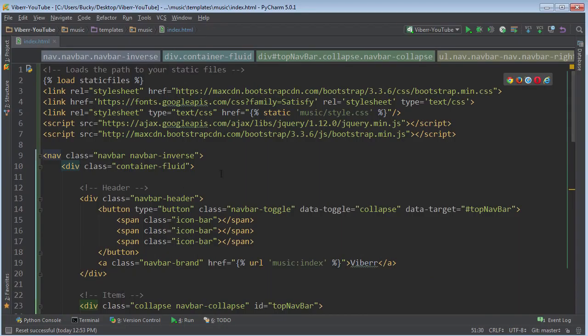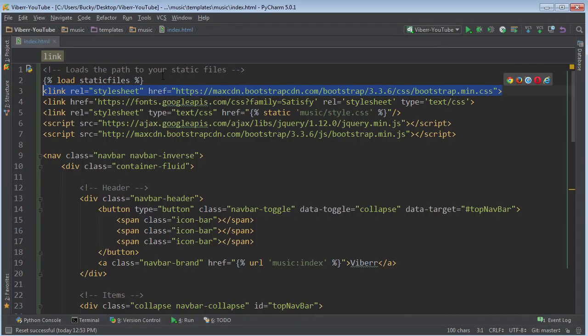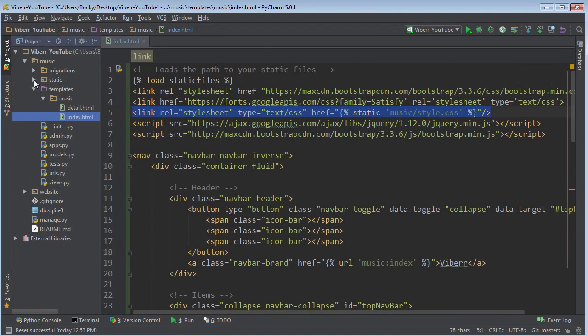Now, it's important to note this right here is the default bootstrap style. Now what we want to do is we want to make some tweaks. So whenever we include our CSS file, we need to put it after it. If we put the bootstrap file after this line right here, then all of the bootstrap code would overwrite our styles. So again, what you always want to do is you want to import this first, and then whenever you want to make a tweak, you put it under it. So now we can go into our static